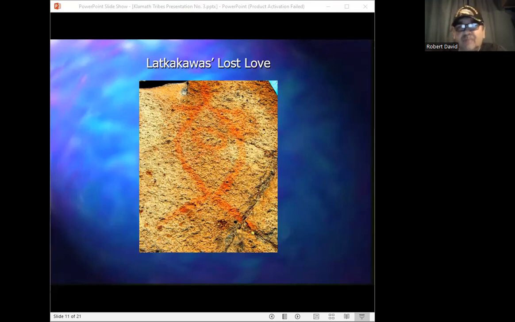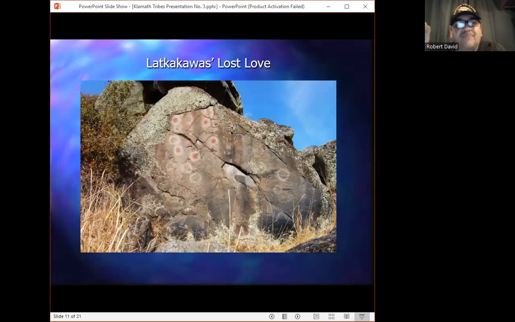And this is the reason why we don't see just this symbol at this site. In fact, we see all sorts of painted discs right along with it. I mean, think about it like this. If one sun disk can bring people back to life, imagine the kind of power contained in dozens of them.